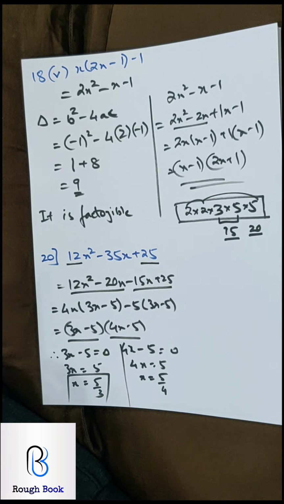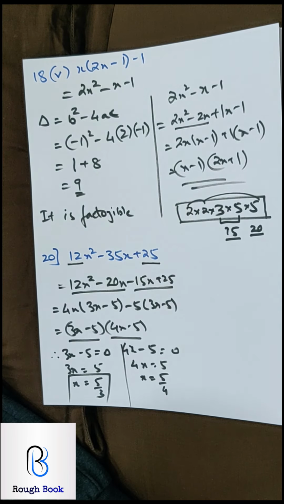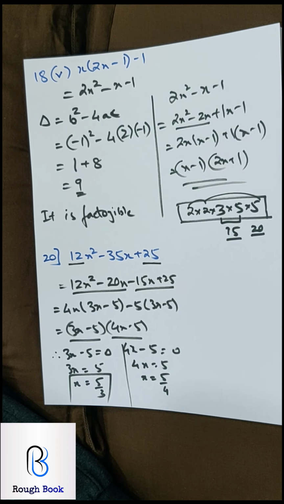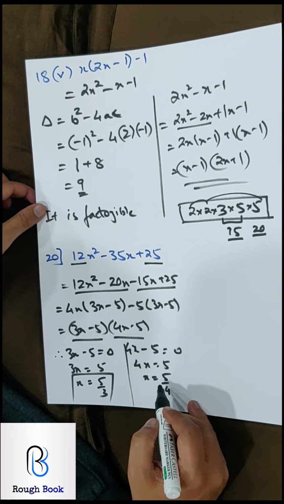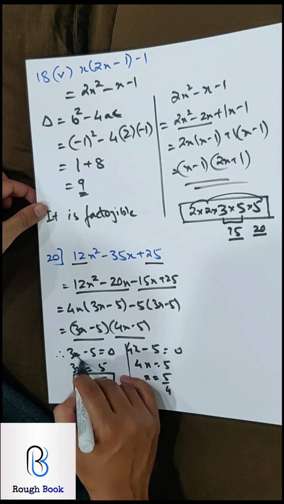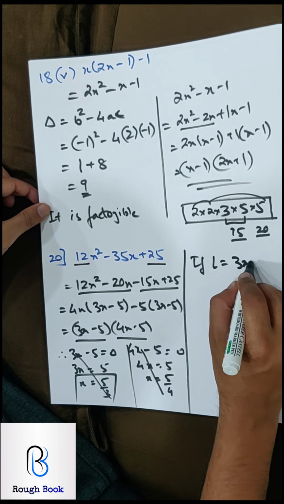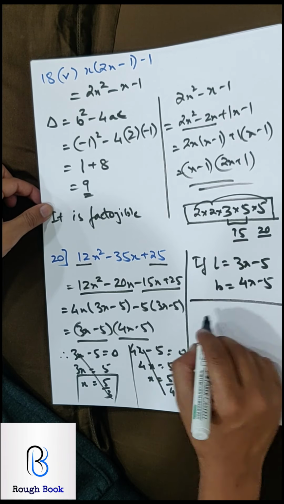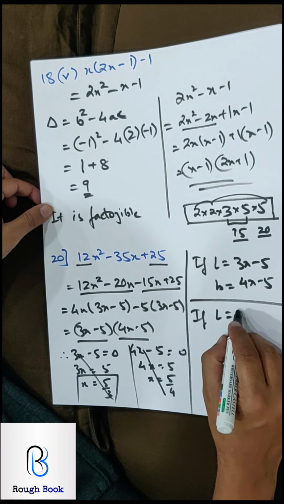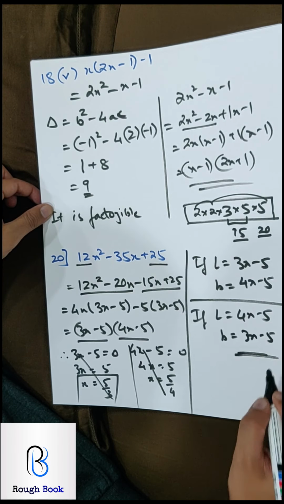So to get the length and breadth, we'll have to think once again. So try and think, see if you can help me with some logic. I am stuck. I really don't know how to get it. So they say, don't go with this part. Directly consider this only as your length and breadth. So if length is considered as this, then breadth will be this, because these are your two factors. And if length is considered as this, then your breadth is going to be this. That's what your final answer should be.